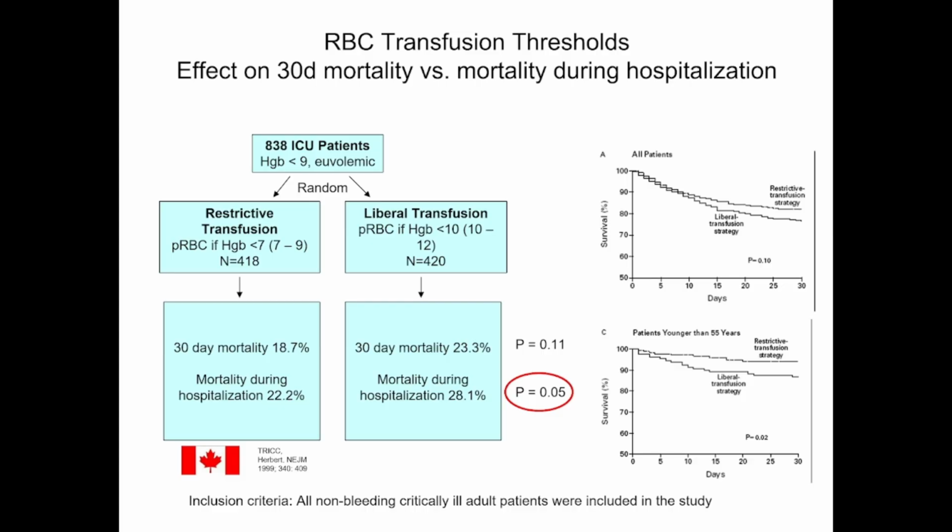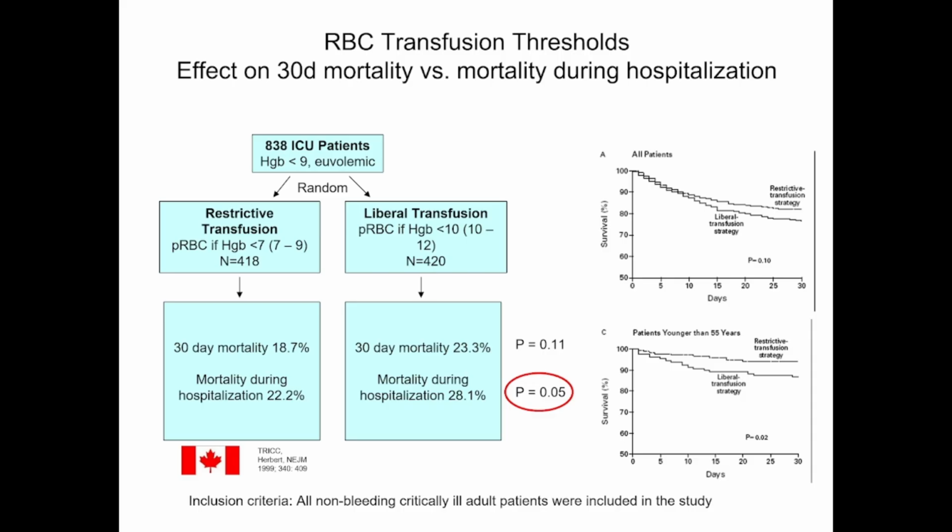So that number 7, the hemoglobin of 7, where did it originate? The red cell transfusion thresholds were evaluated on 30-day mortality versus mortality during hospitalization. All non-bleeding critically ill adults were included in this study, and this was done in 1999 in Canada. There were almost 900 patients here, and they compared the restrictive threshold of hemoglobin 7 to the liberal transfusion threshold